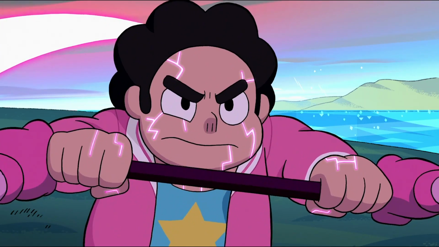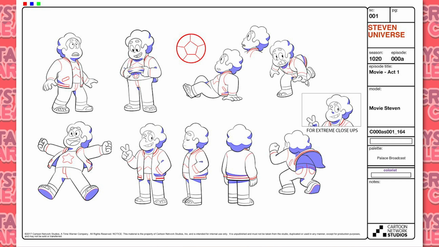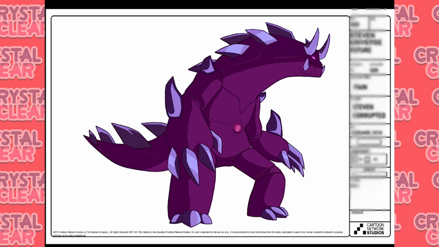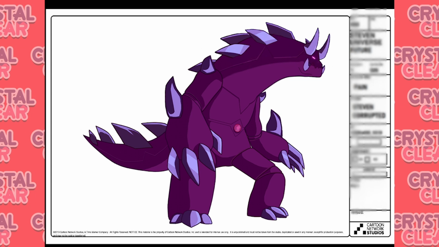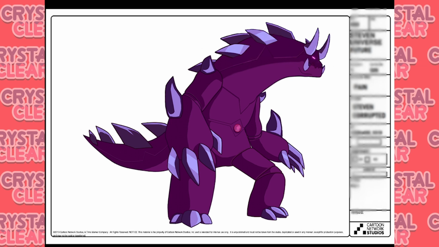Just as how the movie was produced in parts. For example, model sheets for the movie will still be labeled under an episode, but under episode it'll state the movie Part 1 or Part 2 or Part 3. So for any future fake model sheet leaks for Steven Universe, if it says Future, I'm almost 99.9% sure that it would actually say Steven Universe.